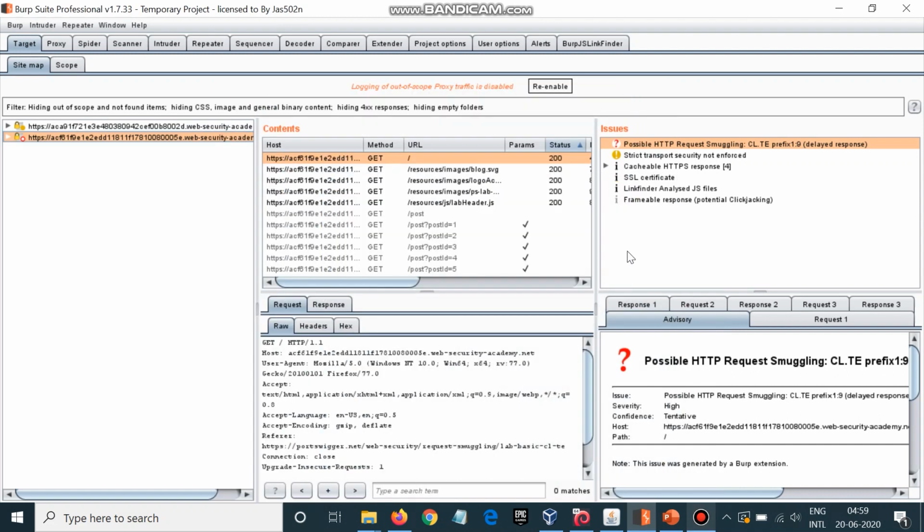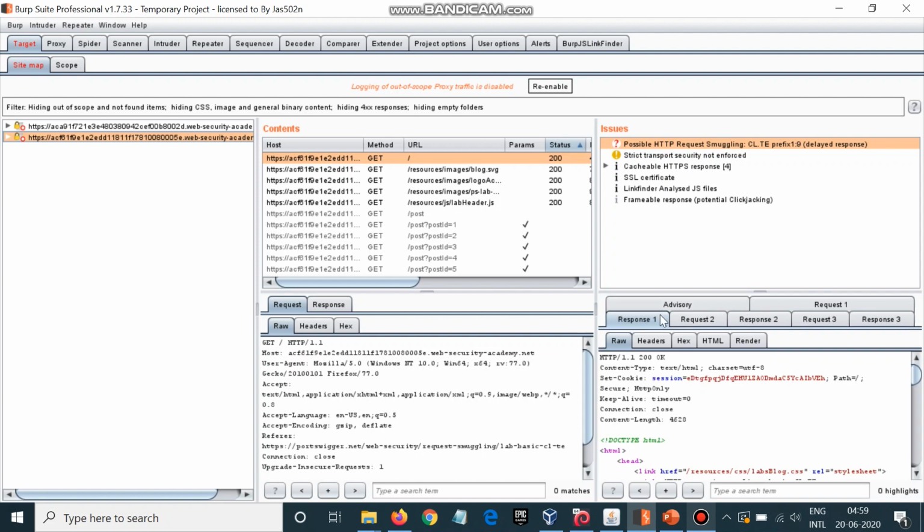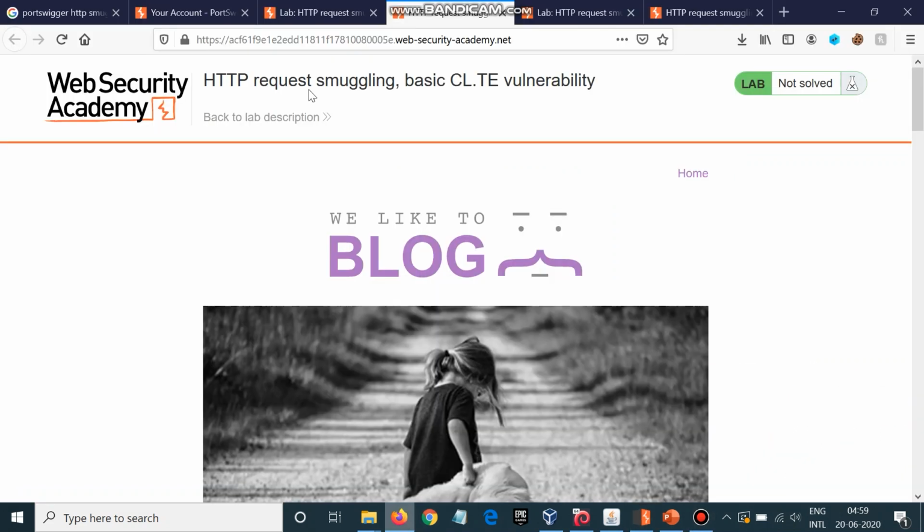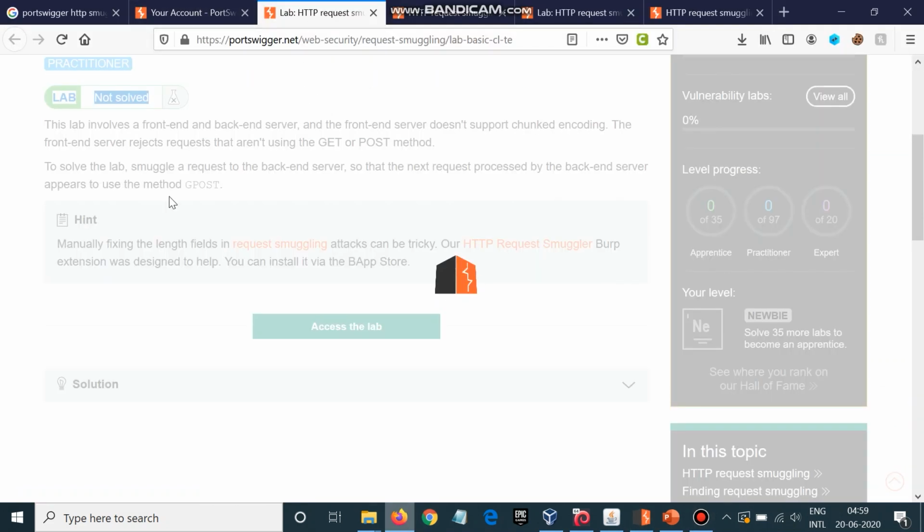Welcome back again. So here we have a CL.TE vulnerability and we'll try to exploit it and solve our lab. First we'll see what we actually need to do. To solve this lab, smuggle a request to the backend server so that the request processed by the backend server appears to use the GPOST method.